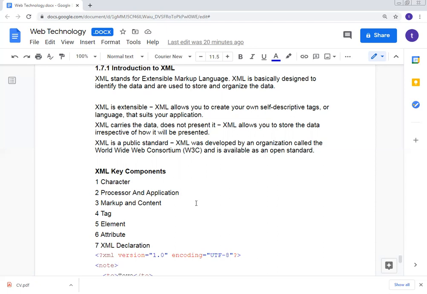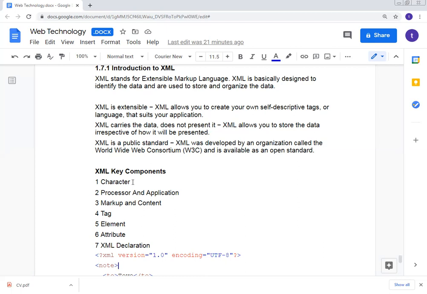The next one is the attribute. An attribute is a markup construct consisting of a name-value pair that exists within the starting tag or empty element tag. For example, if you want to add an image in your web page, you use img src equal to your image name dot extension and alt equal to roses. The names of the attributes are src and alt, and their values are roses.jsp and roses respectively. So those two attributes we use: the first one is src and the second one is alt.